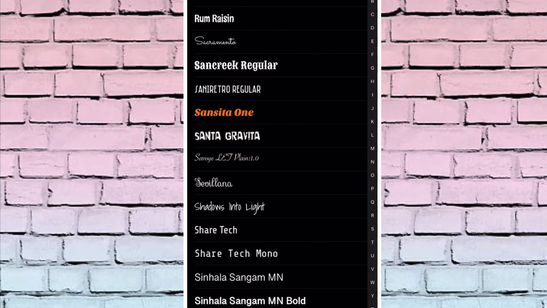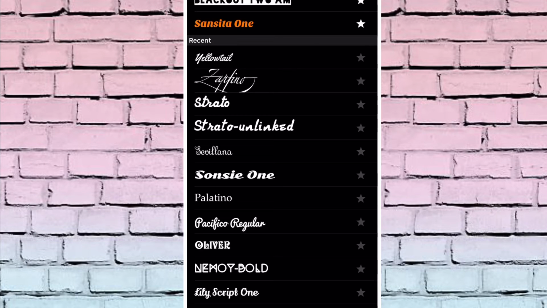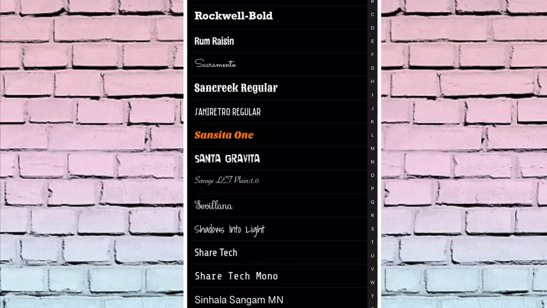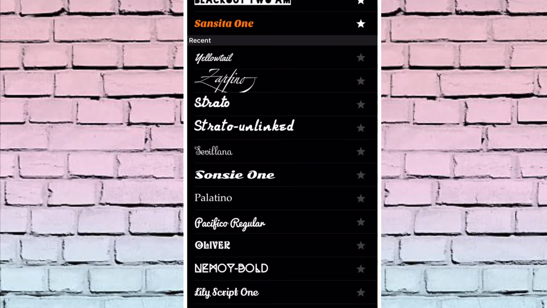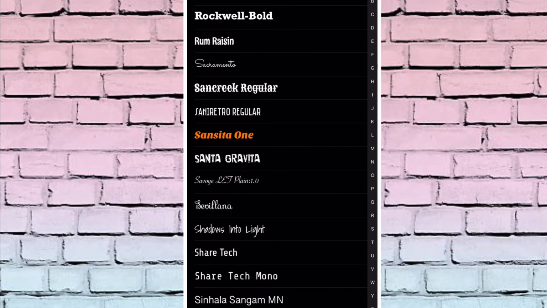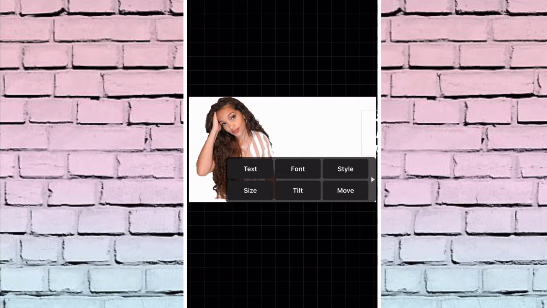And I already have the font that I want. I just selected font, and there's all kinds of different fonts, and you can actually put in your own fonts here, but I've never done that before. I just use whatever fonts they have available here. Again, these are yours that you've already downloaded, and here you can also select or star the ones that you like the most and easily refer back to them when you need them again because there's just so many, so sometimes they get lost in the sauce. I really like the Sentia one. So I'm just going to use that for my font,